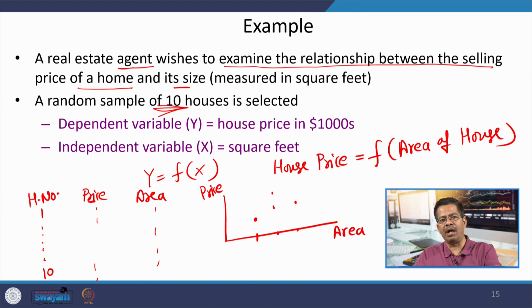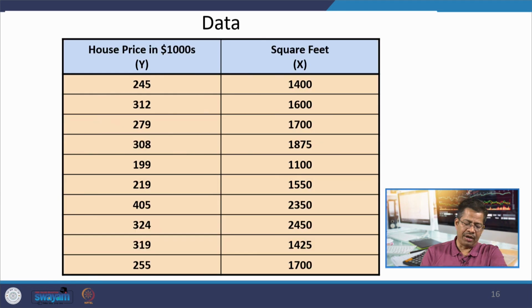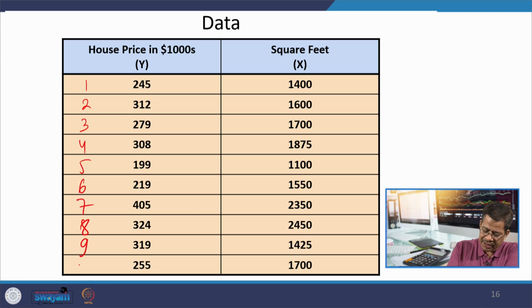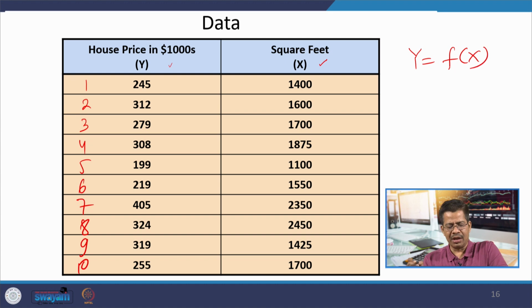How close is your house location to the market? So, these are the different factors which may affect the house price. So, based on those things, we may go for more complex regression equation also, but since in this example we are considering only one variable, that is the area of the house, and using this data of 10 houses, 1, 2, 3, 4, 5, 6, 7, 8, 9, 10. Now, this is the independent variable, this is the dependent variable, and we are looking to develop this relationship.